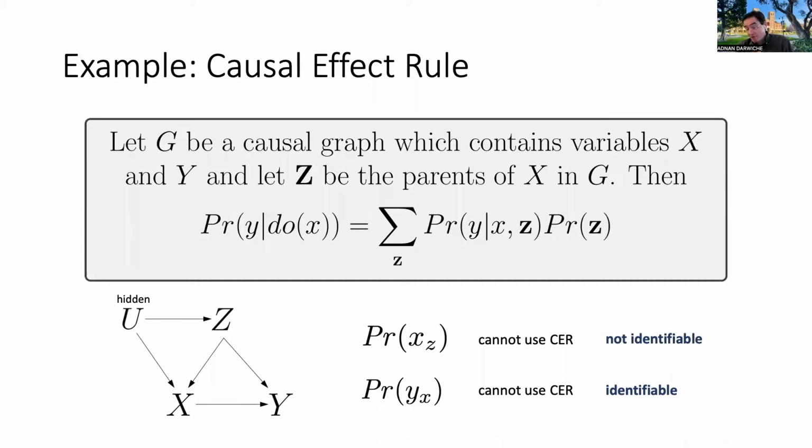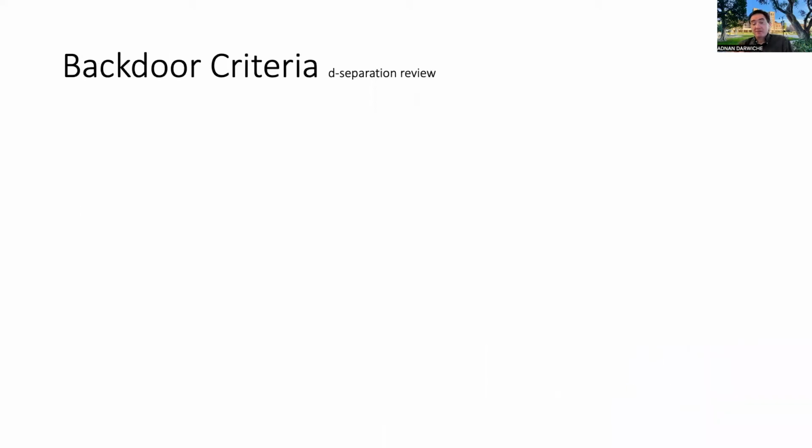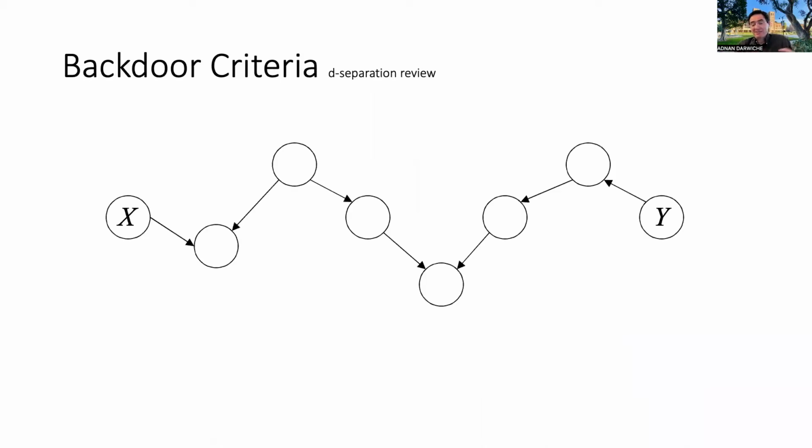I need one slide before I go to the backdoor criterion. The one slide is a review of what we did on d-separation, because it does invoke a concept from d-separation. Remember what the central thing in d-separation is: you have a path like this in the graph, and the question is, is this path between X and Y blocked by some variable Z? In our case, when we discussed this before, we talked about convergent valves, divergent valves, sequential valves,